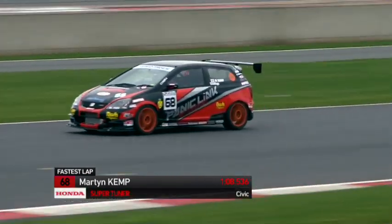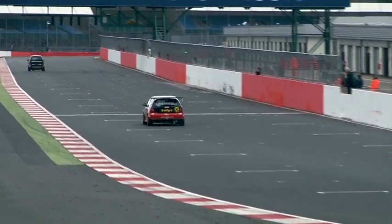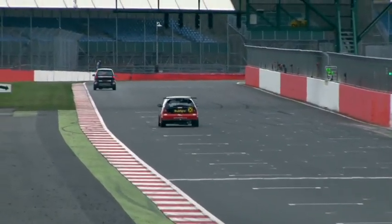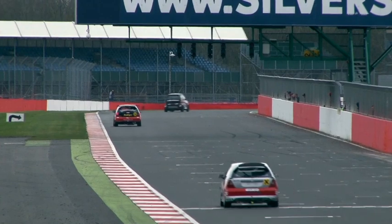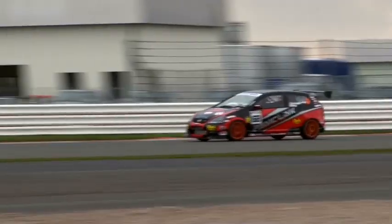Here's Martin Kemp, who's got the fastest lap in the Super Tuners. Martin at the moment, the lone Super Tuner class, he's running in sixth position, but popping in some very good laps in the 68 car. The man from Spalding in Lincolnshire